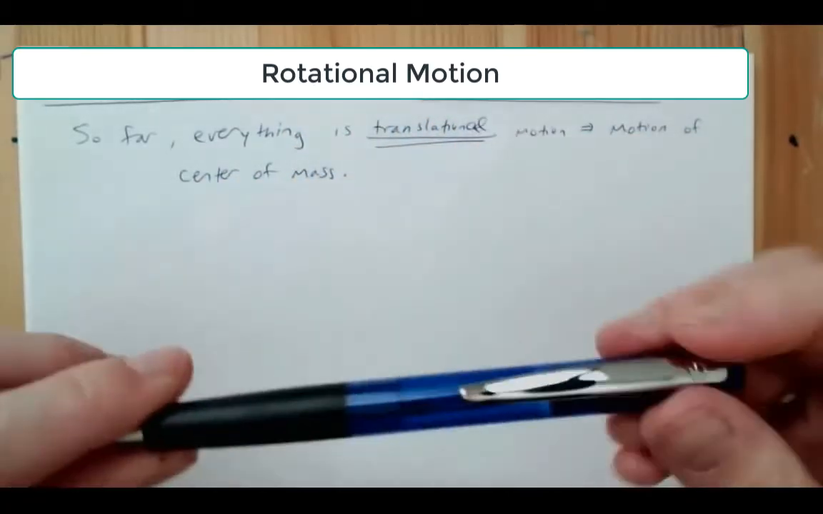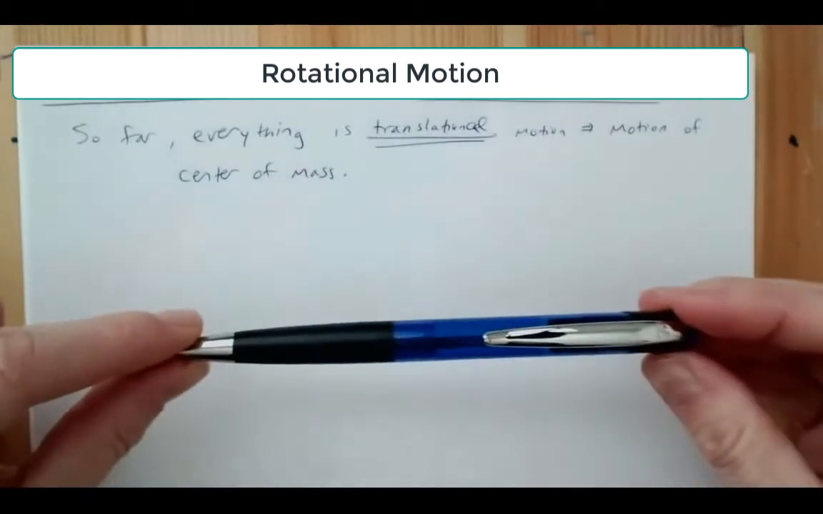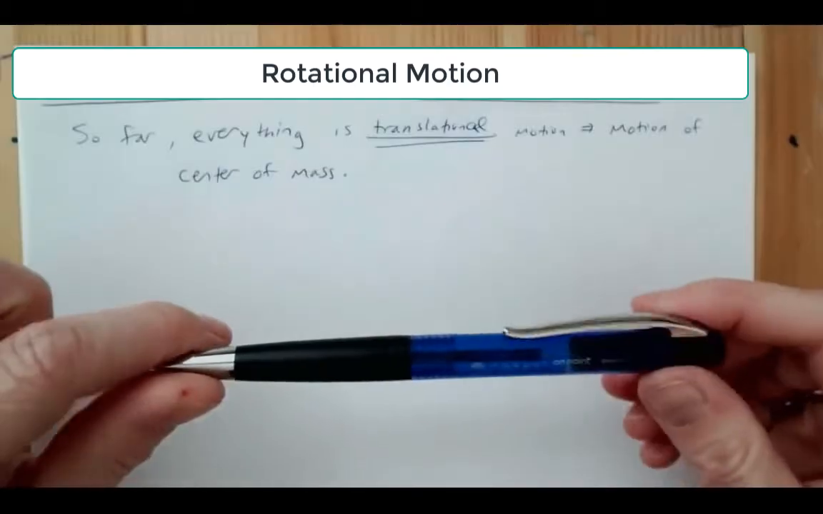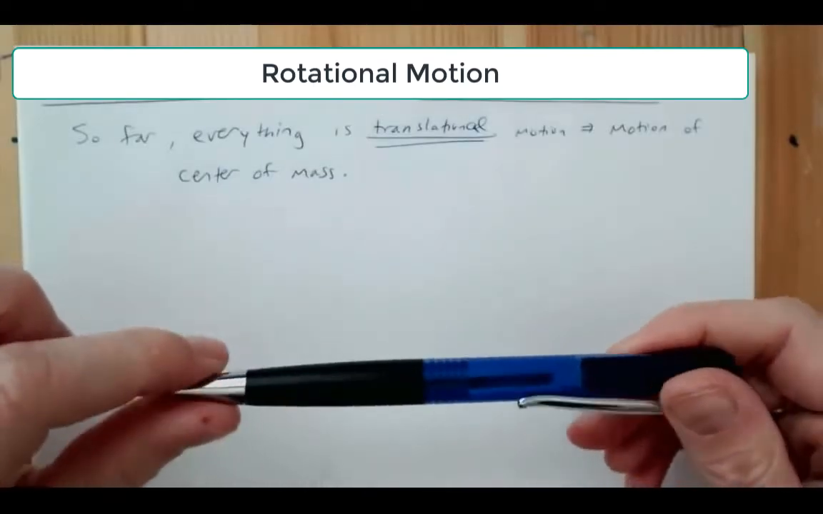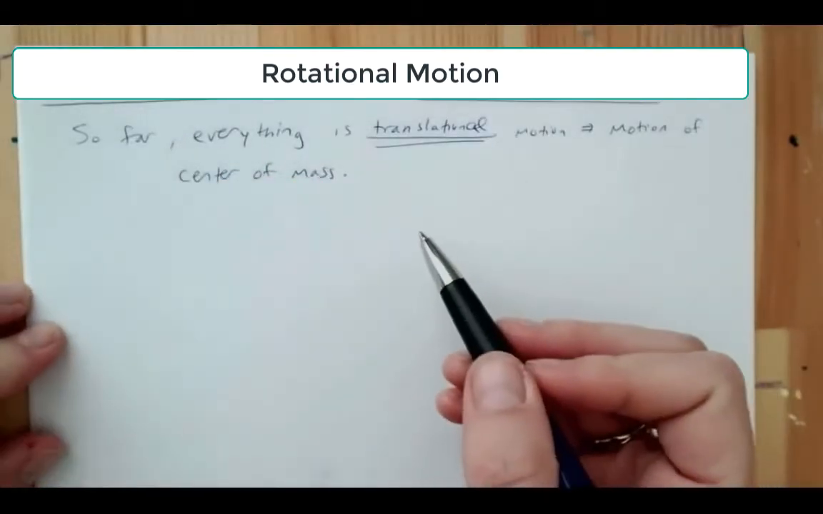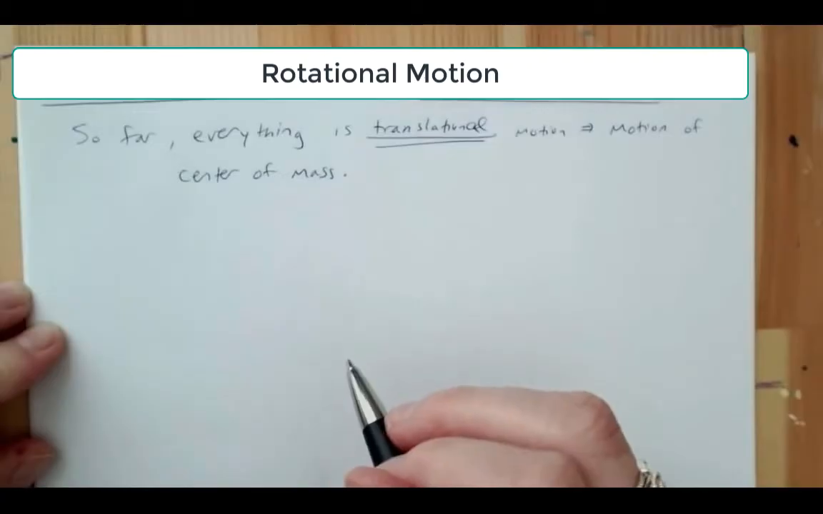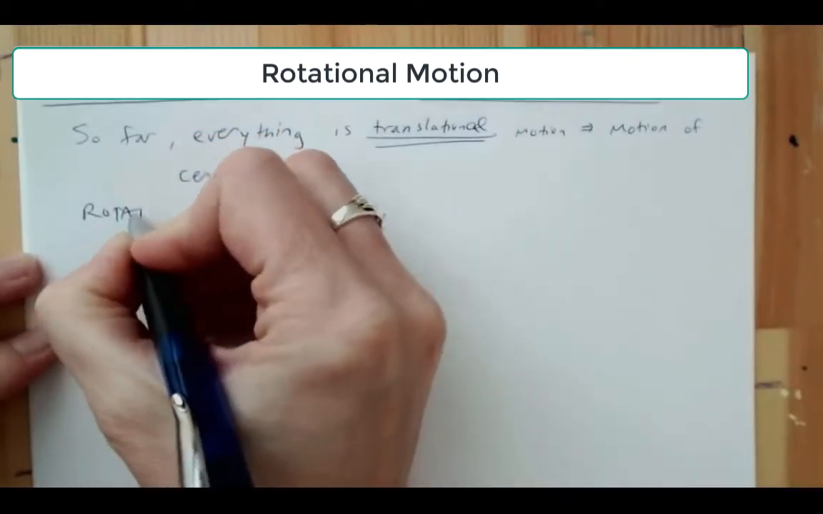But we can also have an object that isn't moving its center of mass through space, but is simply rotating around an axis through its center of mass. And in that case, we would have rotational motion, and we have to now learn how to apply our ideas to that. So for rotational motion,